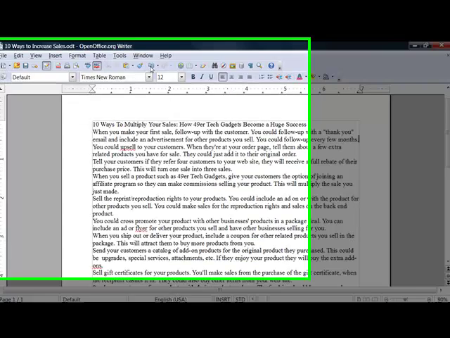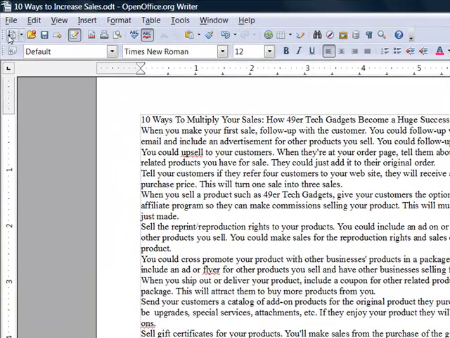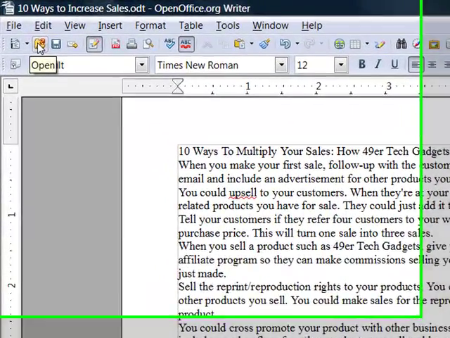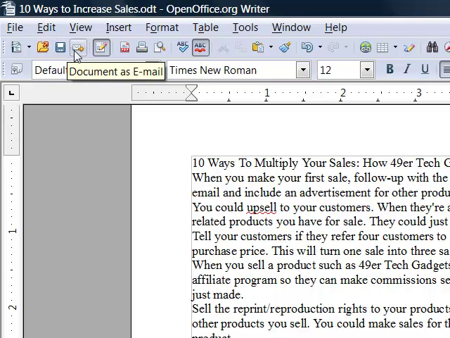On the standard bar across the top here, we have the New button, the Open button, Save, Document as email, which only works, just like in other word processors you might have used, if you have an offline email client such as Outlook or Thunderbird running. It will not put the current document into a web-based email. If you're using a web-based email, which almost all of you are, you'll need to save the document and include